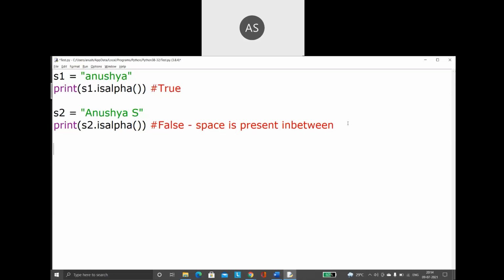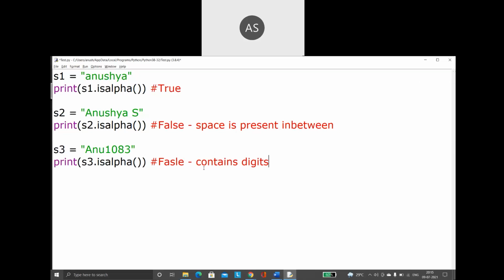Now, see here. I am saying s3 is equal to, I am creating a string ANU 1083. Now again, you are going to check, is this alpha? Obviously not. So this is going to give you the result as false. Why false? Because it contains digits or numbers, which is not allowed.